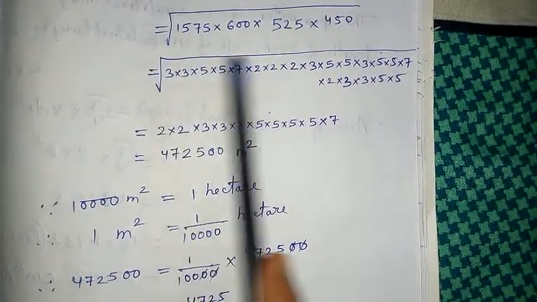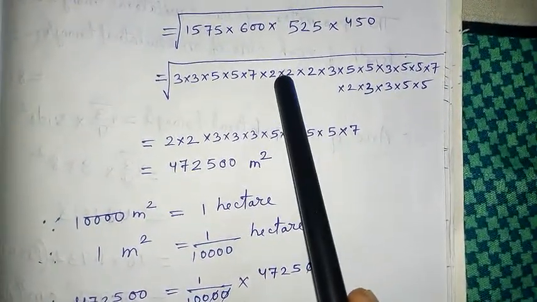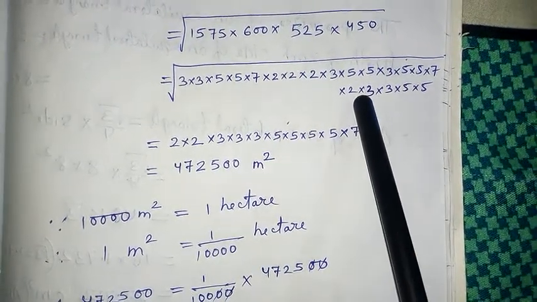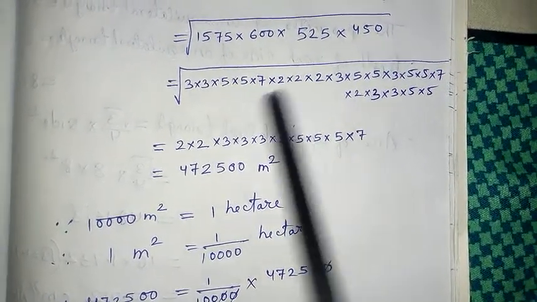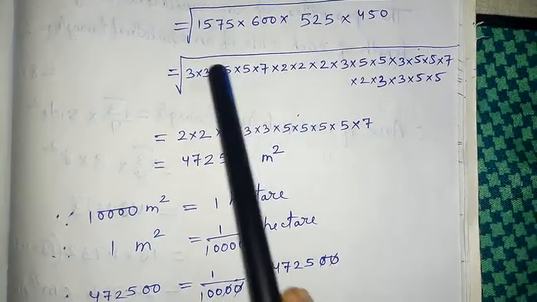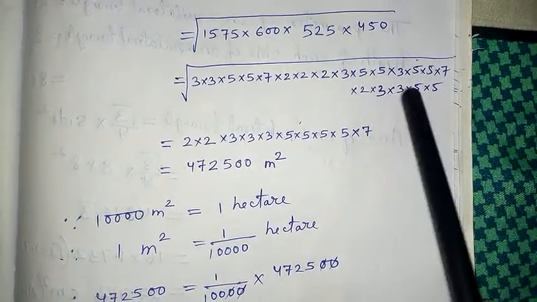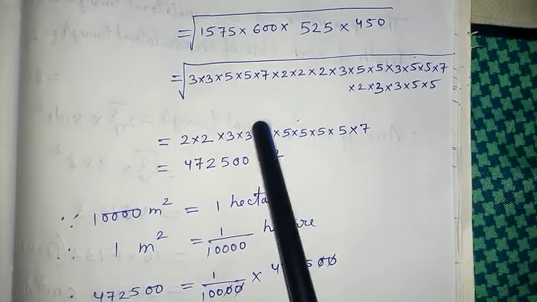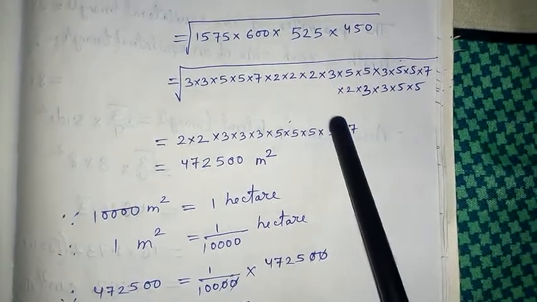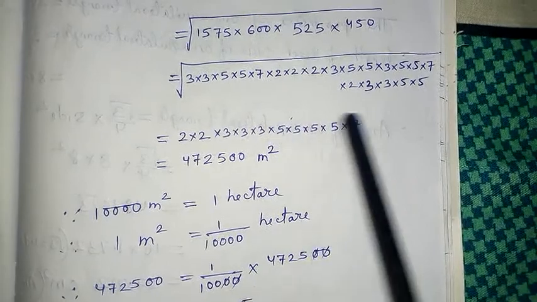And then in the root over case, you count all the numbers. Let us start with the least number, that is 2. How many 2s are there? 1, 2, 3, 4, 2s are there. Out of 4 2s, 2 2s will come out and 2 2s will vanish with the root over. Similarly, how many 3s are there? 1, 2, 3, 4, 5, 6. Out of 6, 3 threes will come out and 3 threes will vanish. Similarly, 5 also you count. There are 8 5s, so 4 5s will come out. There are 2 7s, 1 7 will come out. And then automatically the root over will vanish.